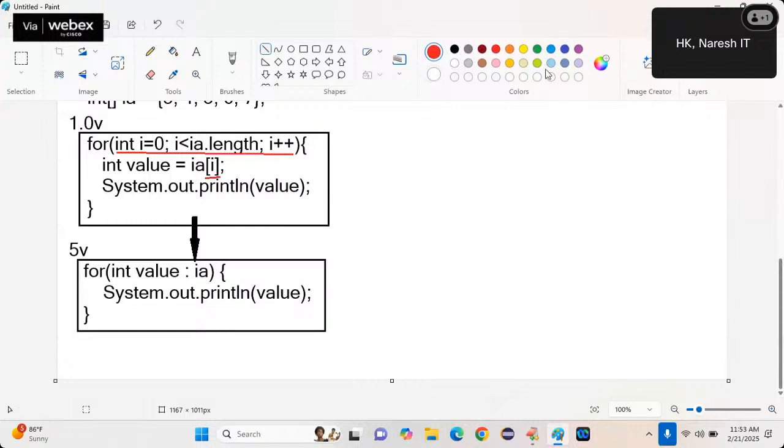Then what is changing from one developer to another developer? This business logic portion is changing. Int value, variable name changing from one developer to another developer. Okay, and then now the business logic, System.out.println, taking the value and summation of that value now, sorting values or finding the max value, min value. So that's all changing. Okay, so only what is changing from one developer to another developer, the array name is changing, the variable name where you want to store is changing. Okay, and the business logic.